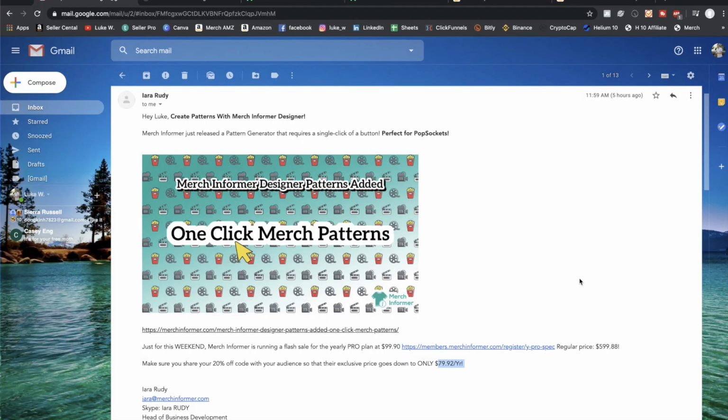All right, guys, so we're in my computer right now, and this is the email I just got today of their brand new release tool, which is a pattern generator that's going to allow us to create awesome designs